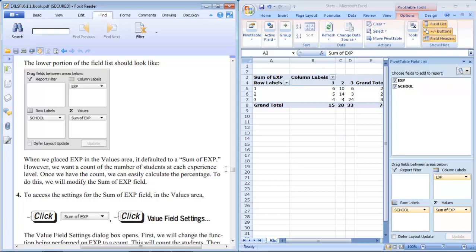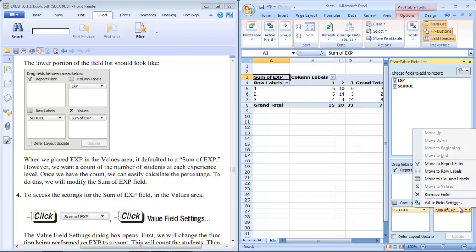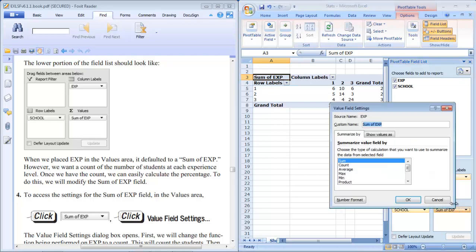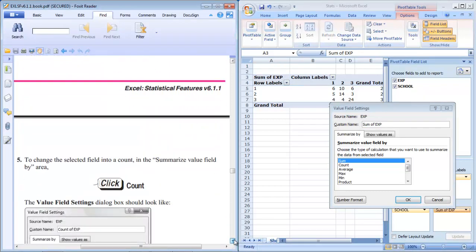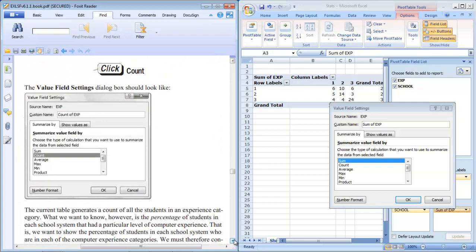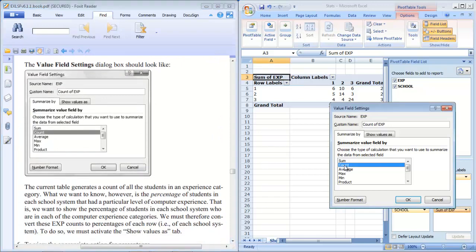For modifying the sum of experience field, go to sum of experience and click on the arrow and select value field settings. After having opened the value field settings dialog box, choose count instead of sum,